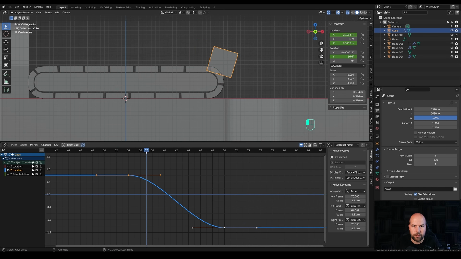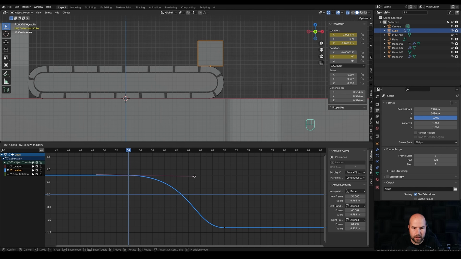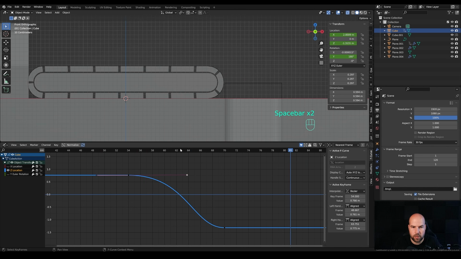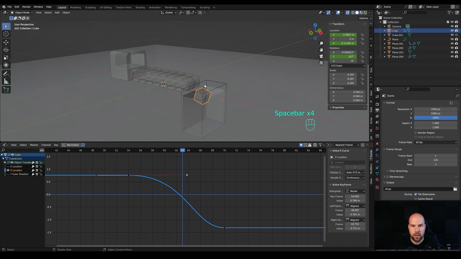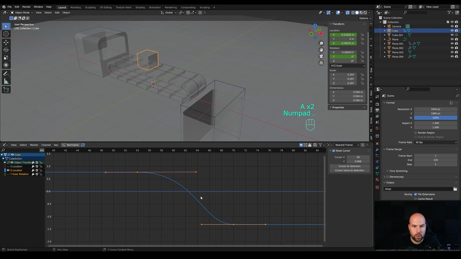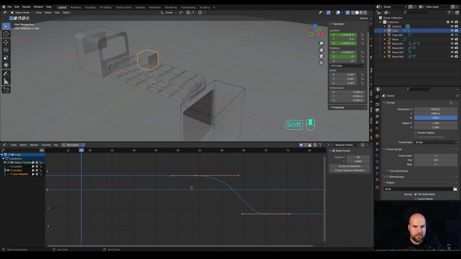And right here the fall needs to be less sudden. So we can select this handle and, you know, drag it up a little bit. And right here you can see it's a little bit better, and we don't even need to go so far. Okay, I think this looks just fine. Let me see. Yeah, that's quite okay. Okay, and I think that's everything we need to do.